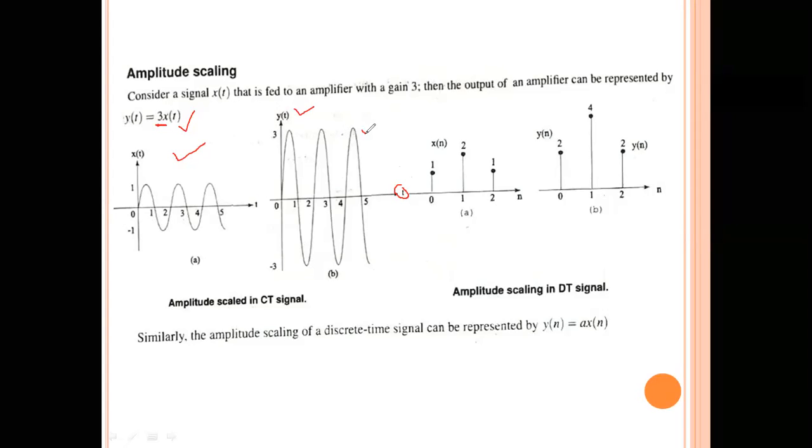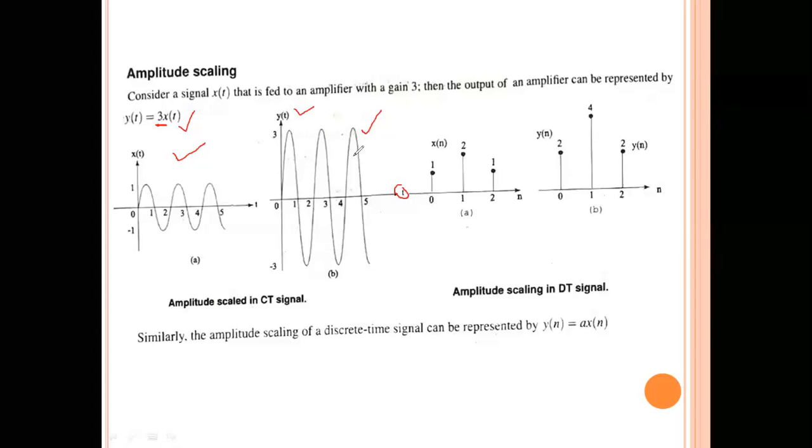So only the amplitude is changed. Keeping the time fixed, the shape of the waveform does not alter, and the times are also constant, but the only thing is the amplitude becomes increased. So that will be 3 multiplied by x of t. Whenever you are multiplying a gain with the function x of t, obviously you need to consider the magnitudes. So 3 multiplied by 1 means 3. 3 into minus 1 becomes minus 3. Okay, now this is the continuous time case.